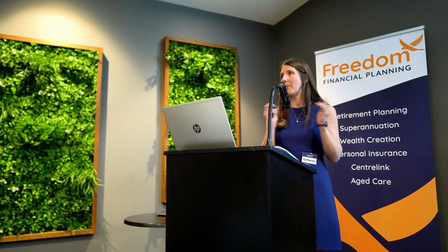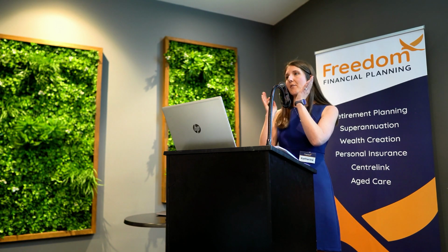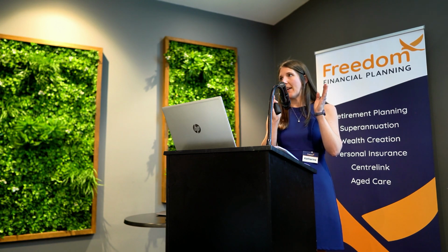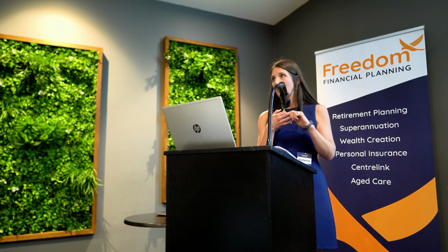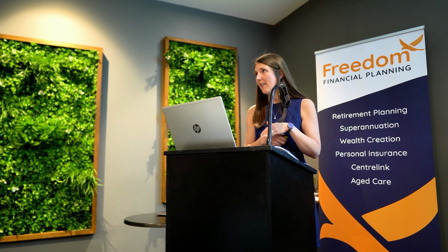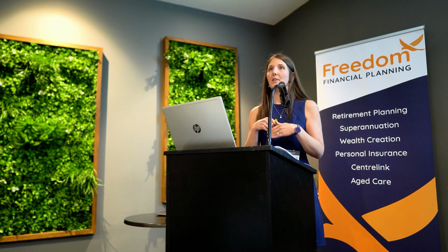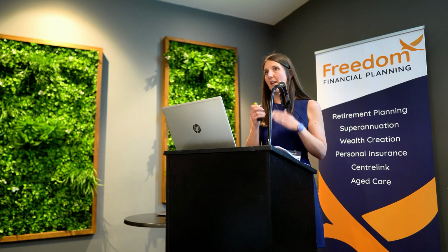So within your accumulation accounts, you will have a taxable portion and a tax-free portion. And that taxable portion is made up of your salary sacrifice contributions, your employer mandated contributions, those personal deductible, any of those before-tax contributions we were talking about before. What that means is when it passes to your spouse, it normally just passes along tax-free, where most people then leave it to their adult children who are non-tax dependents, and it's then taxed at 17% on that taxable portion